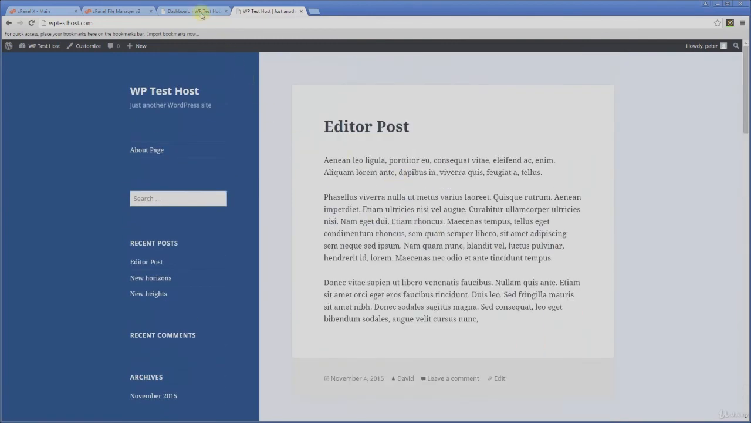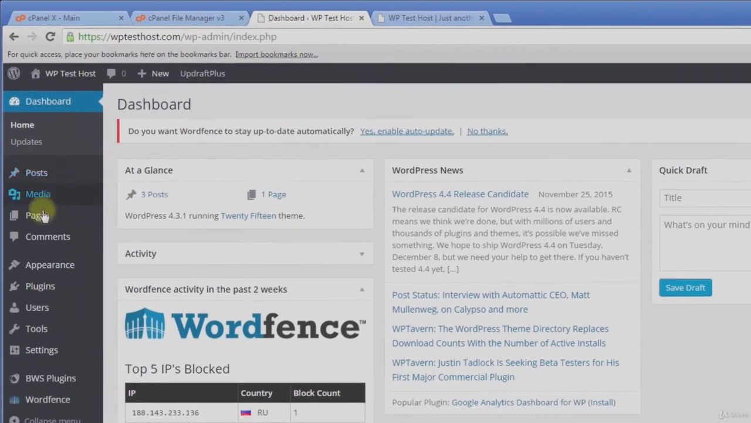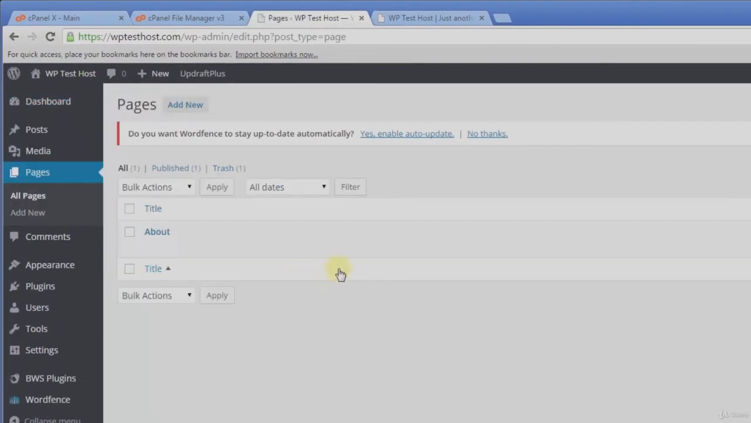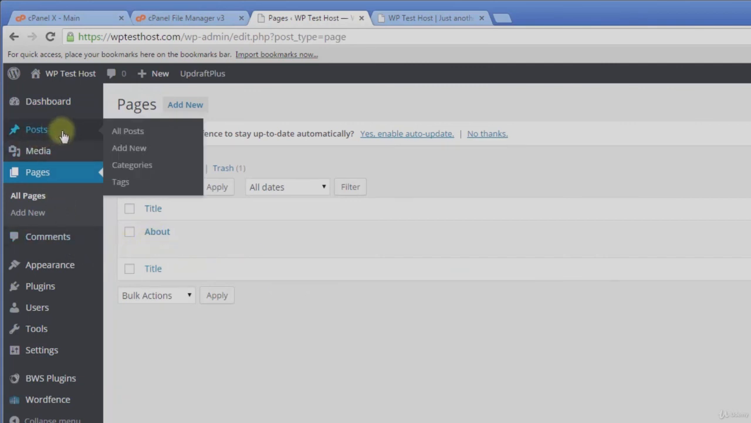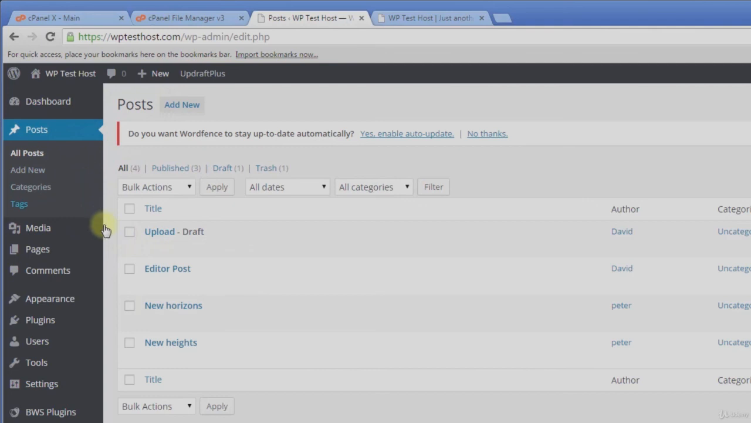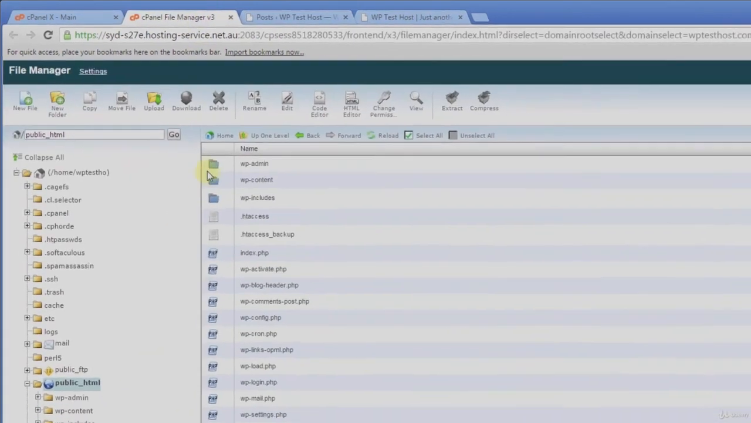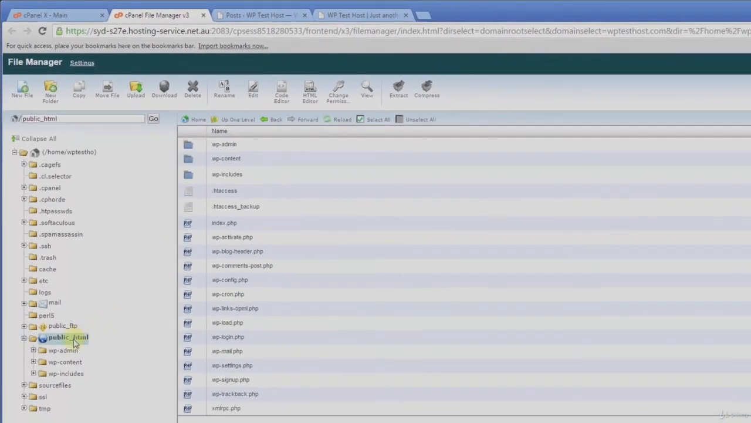If we go back to the back end in the dashboard and we go to pages, we can just see how this correlates in the back end. So that was our about page there, and we go to posts, and these are our 3 posts that we've got set up at the moment, the editor and the New Horizons and New Heights posts. And if we go to our file manager, to our public_HTML web root